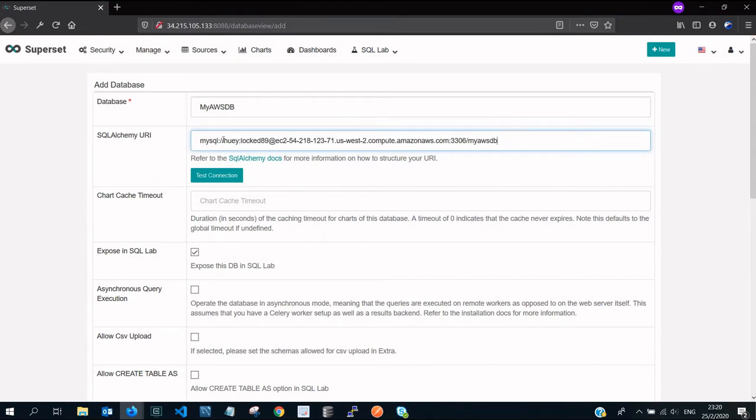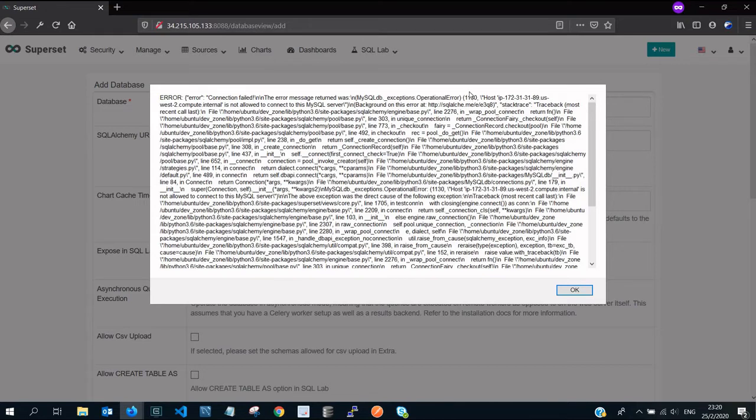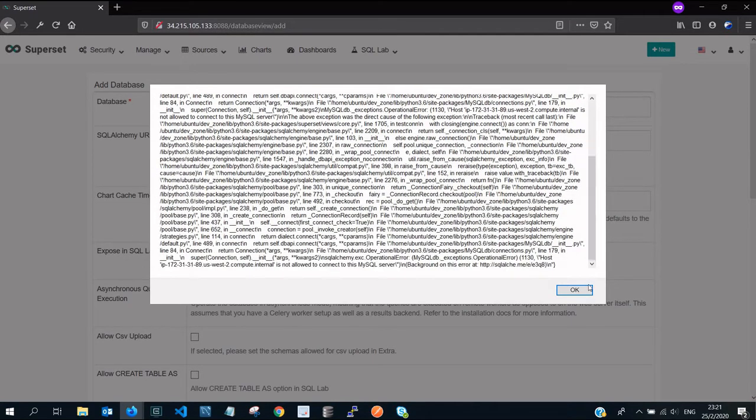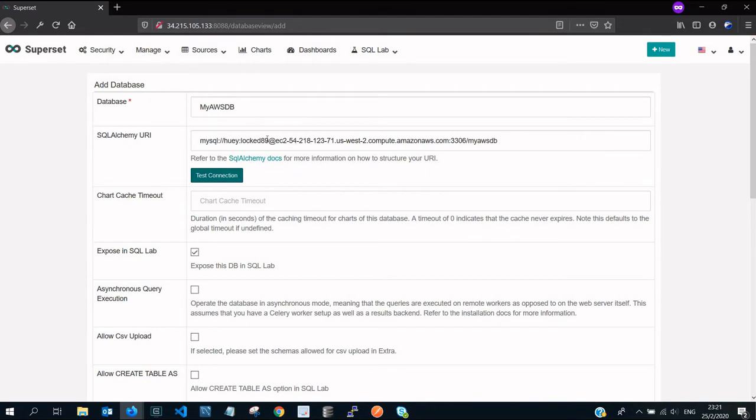We're supposed to get another error, 1130. Now, if you see, we were getting error 2003, right? But now that we are past that, we're getting error 1130. So error 1130 simply means that the person that we're trying to connect with is not actually allowed to connect from a remote location. We're trying to connect. So the user that we created back then, with the password, was tied to this IP address,